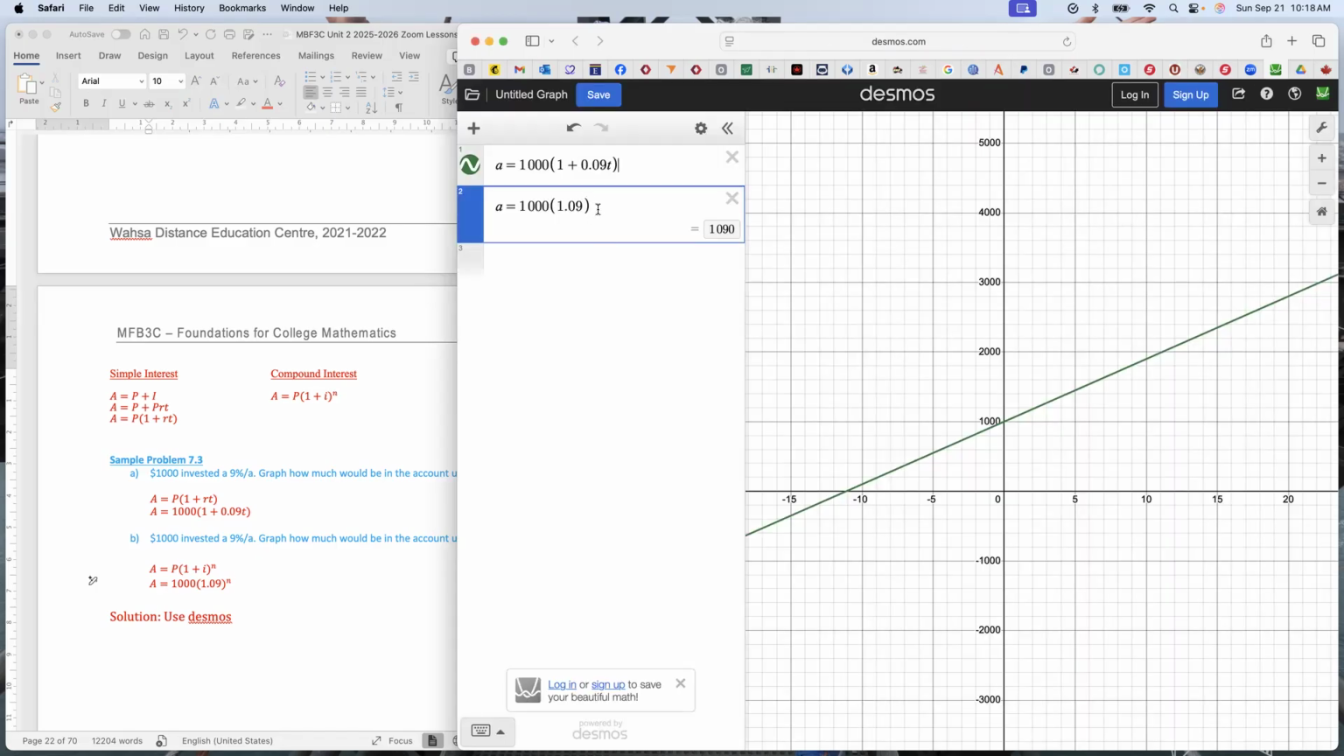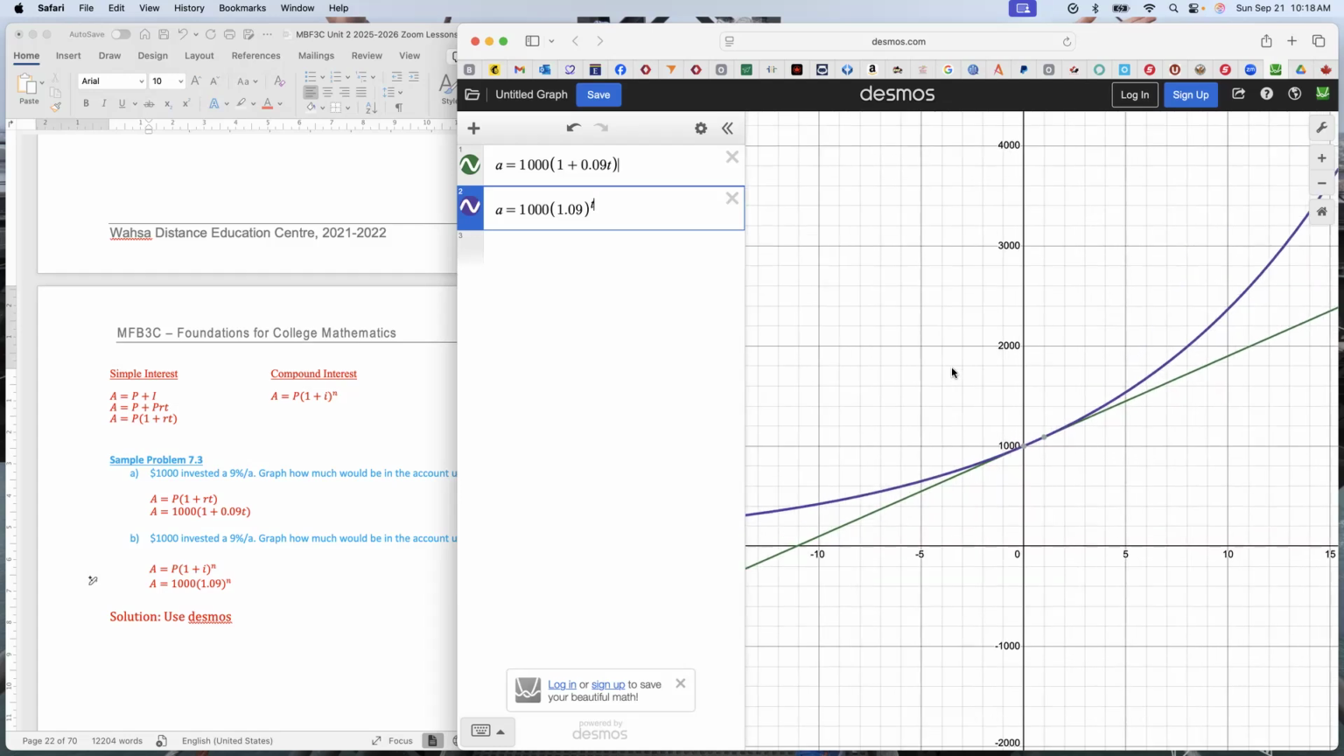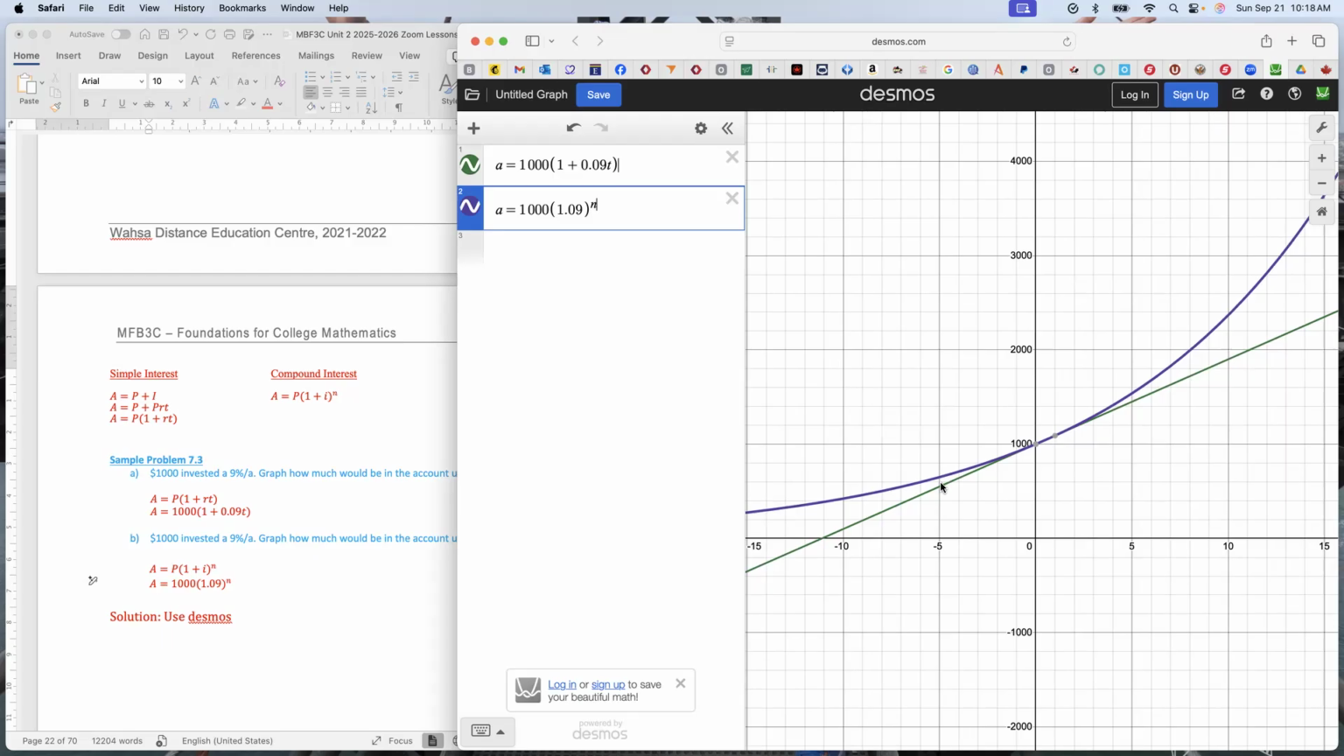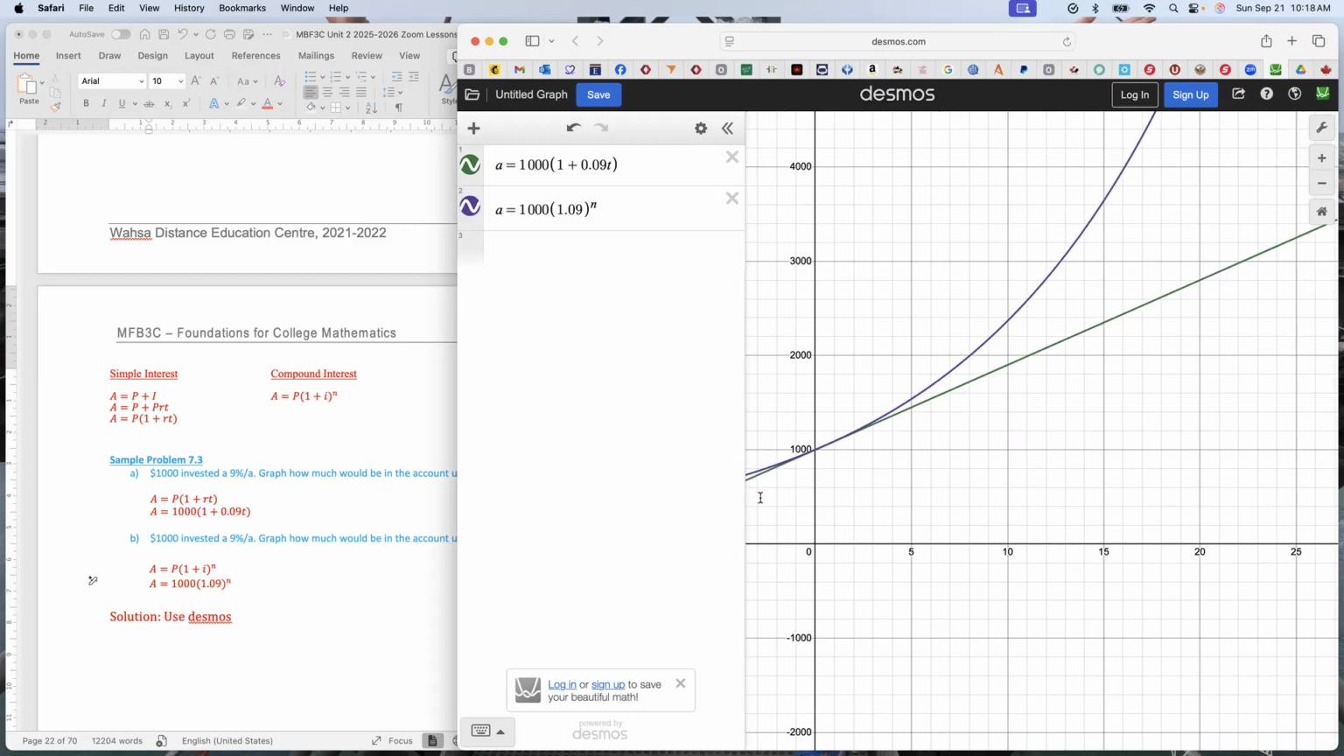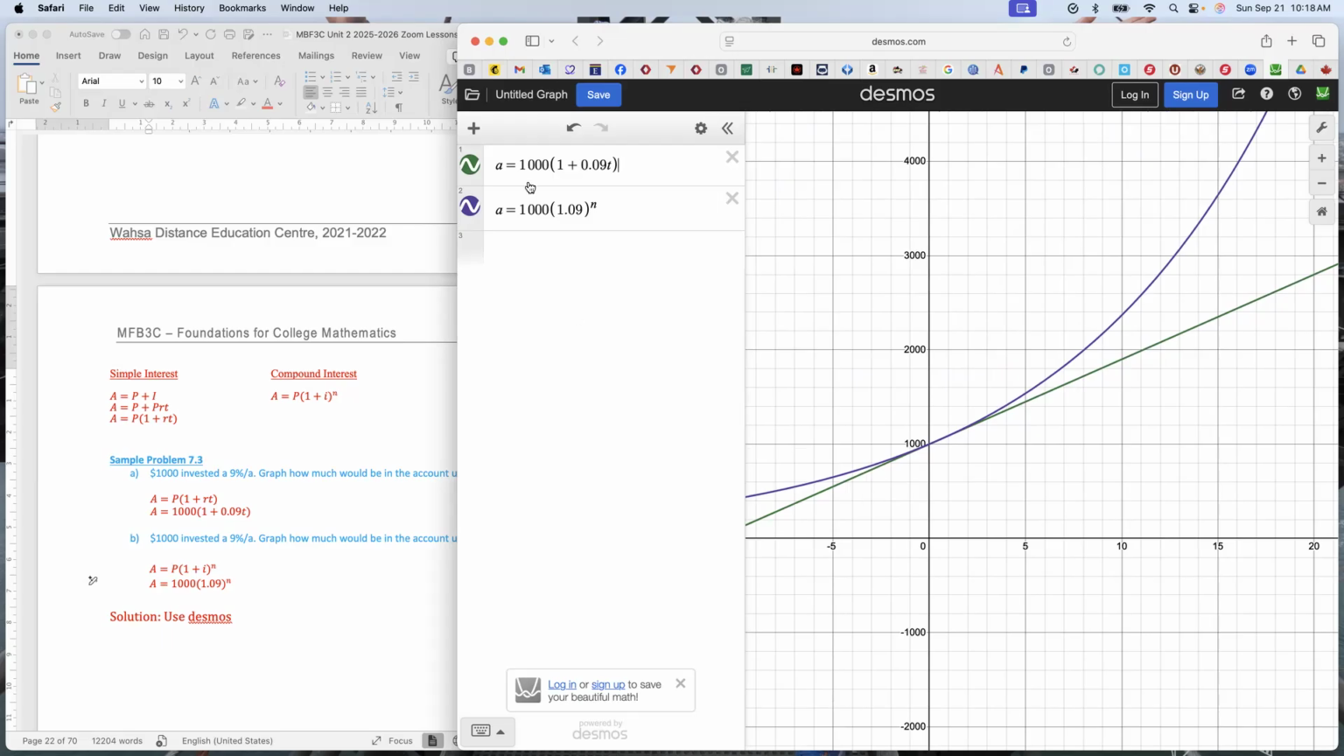So, to the exponent T. I should be using, let me see if I can use N and see if I get the same thing. Yeah, to the power N. So as you can see here, this one, the simple interest one gives us a straight line, and this one here, compound interest, gives us